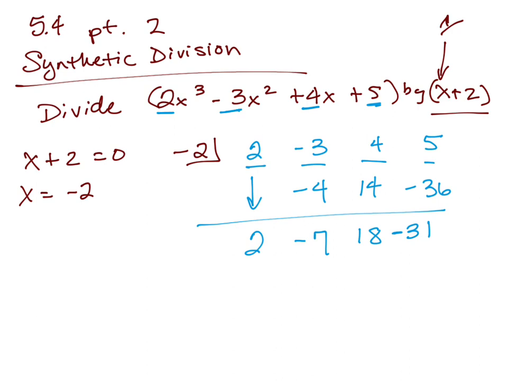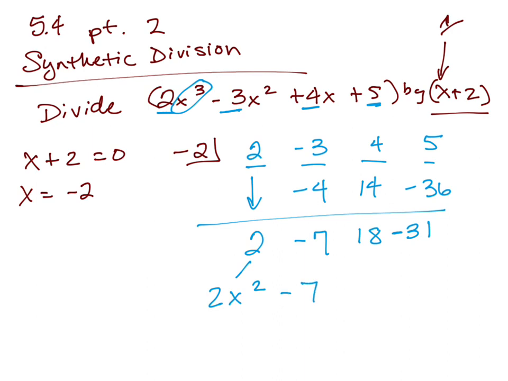Okay, so this is our answer. Actually, the 2 and the negative 7 and the 18 and the negative 31. This is how this works. If I started out with x cubed, when I divide by an x term, everything drops down 1 degree. Do you remember yesterday we had 2x cubed divided by x and we got 2x squared? Right? So this is going to be 2x squared